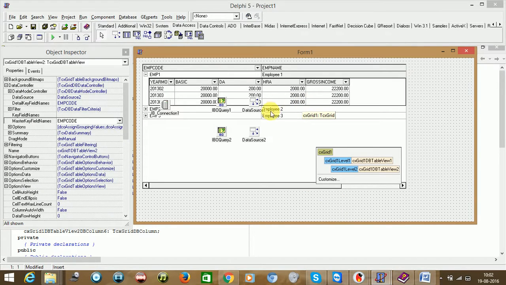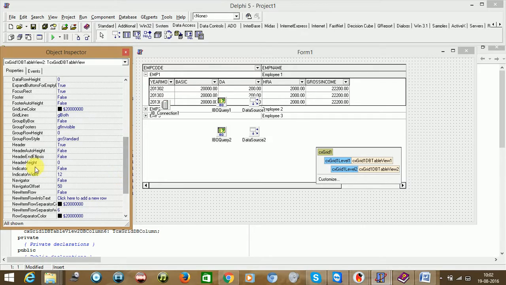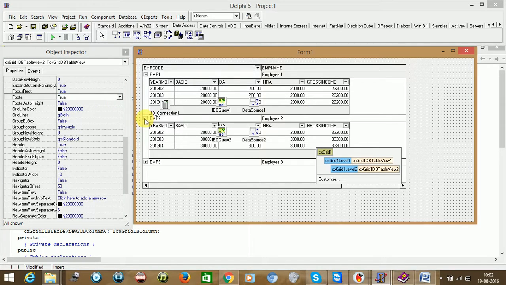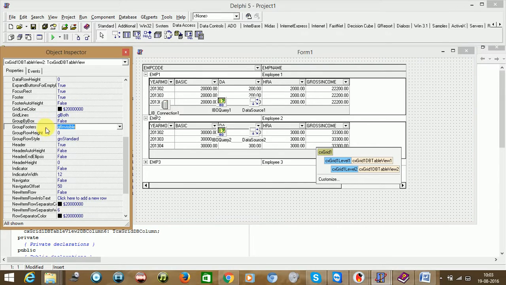As you could see, for that, just click here on the second view, and as we did in our first project, the footer you need to make visible. As you see here, the footer part is coming like this, and here you need to make group footers always visible. That's it.